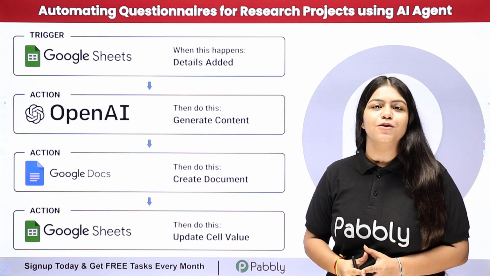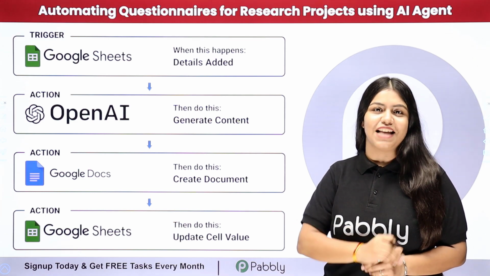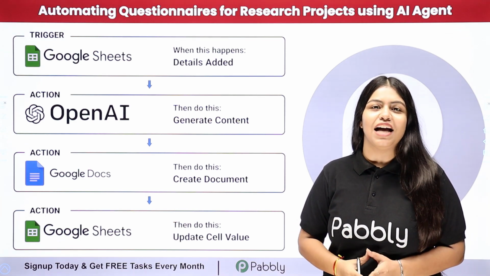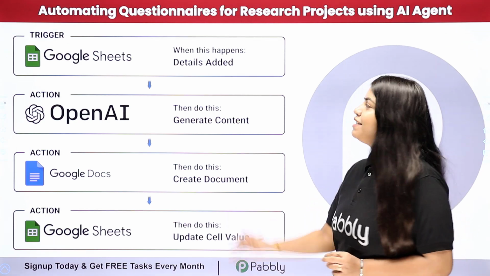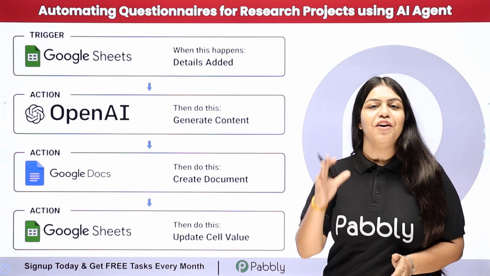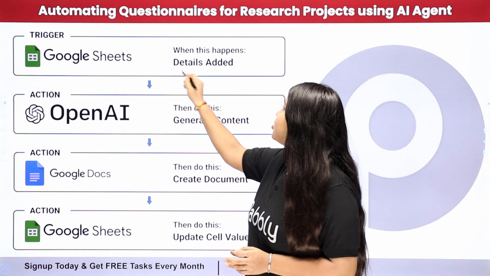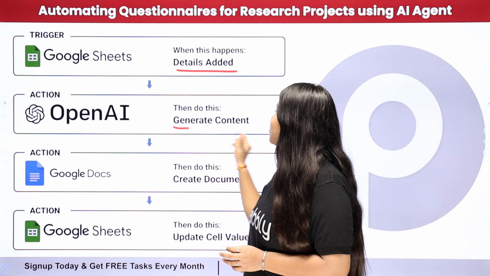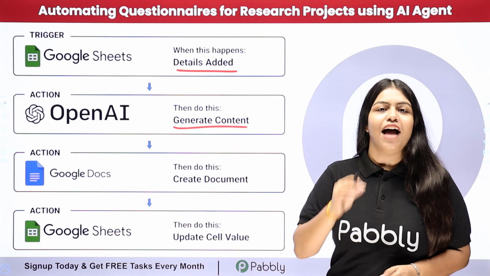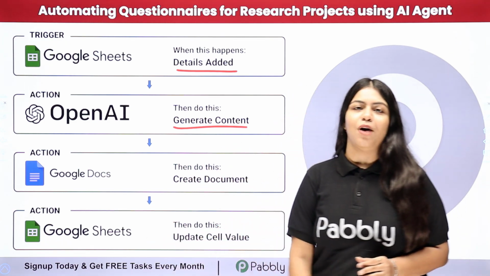So like you, I also used to generate questionnaires manually for all my research projects. But this is such a time consuming and a tedious task. So to solve this problem, I have simply created this amazing automation where what is going to happen is that as soon as I add the research project details into my spreadsheet, automatically my AI agent is going to generate me the questionnaire, and further we can add that questionnaire into a Google Doc and back again into our Google